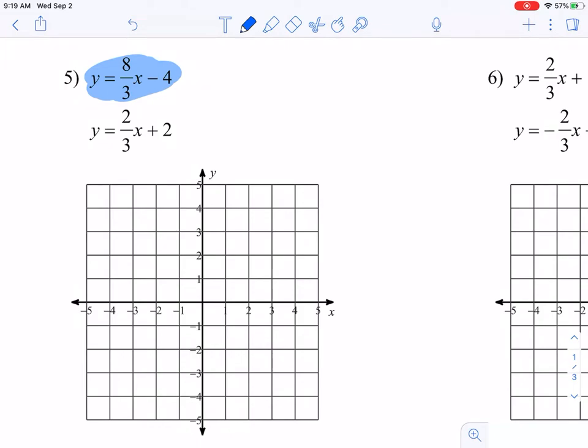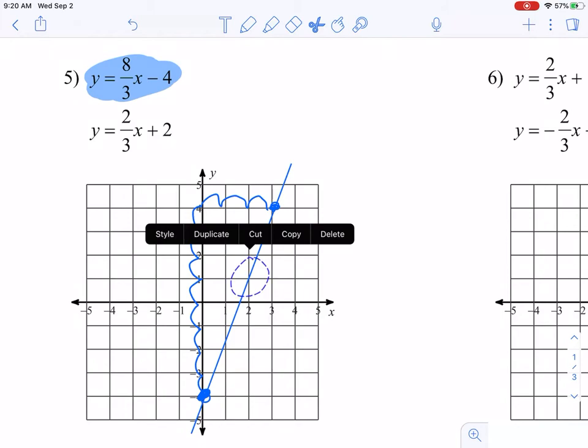So we are beginning at negative 4. That's our b value, and y equals mx plus b. And we are moving up 8, right 3. So I'm going to count 1, 2, 3, 4, 5, 6, 7, 8. 1, 2, 3. Put a point. Connect my points, very, very poorly. It's a little bit better. In red,